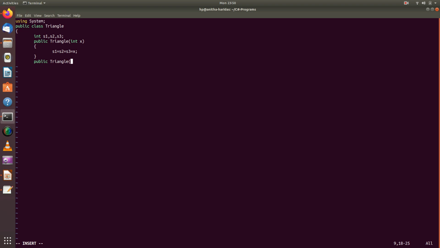Copy constructor will have an object as a parameter.